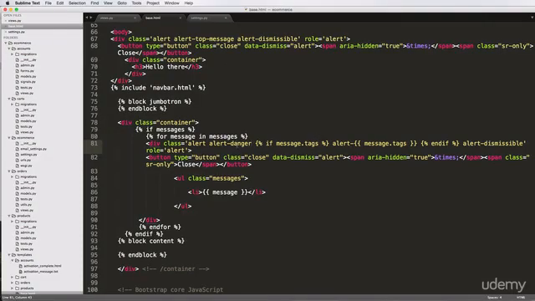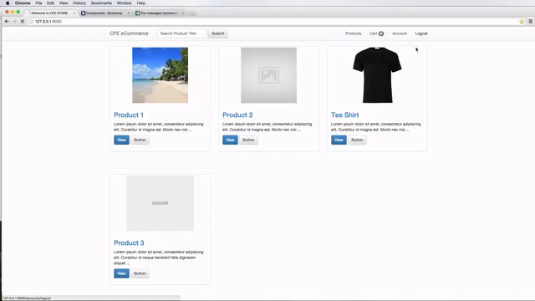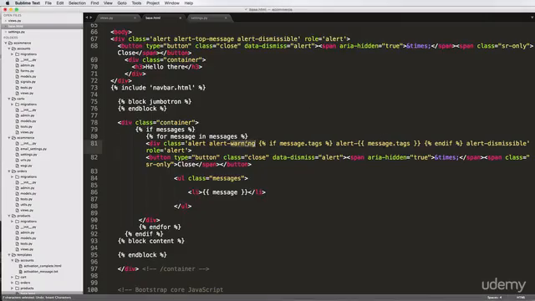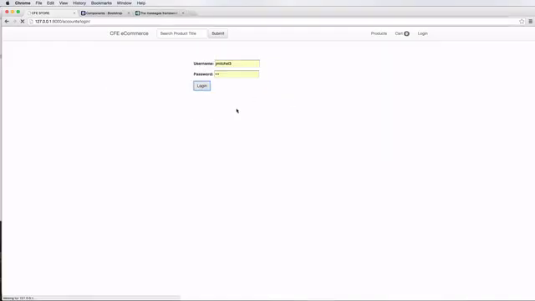So that's not great because it's going to default to danger. But if we log out, it also is showing all danger. So it's not actually showing the message tag that we want. So we could even get rid of this completely. And then when we actually use our tags, we would use them that are based off of the alert that